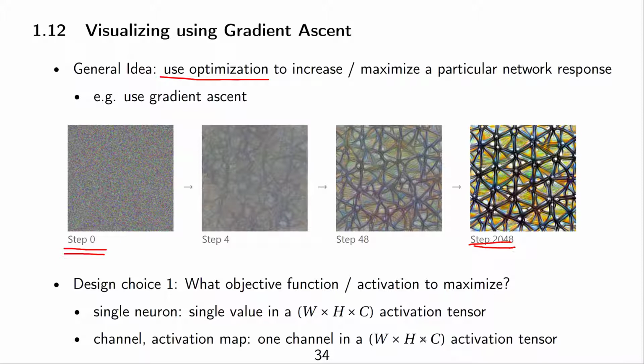What we don't want is something that looks like this step 0, basically just some very chaotic noise pattern that you cannot understand. The one you see here on the slide doesn't look like an object that you know in real life, but it at least looks like a pattern,